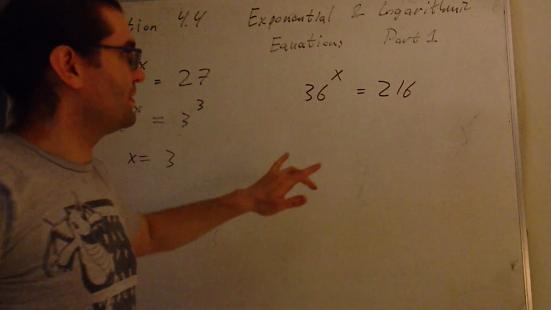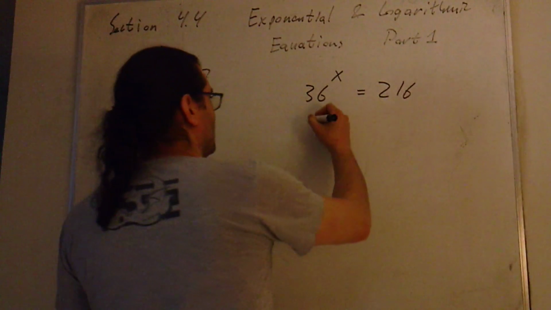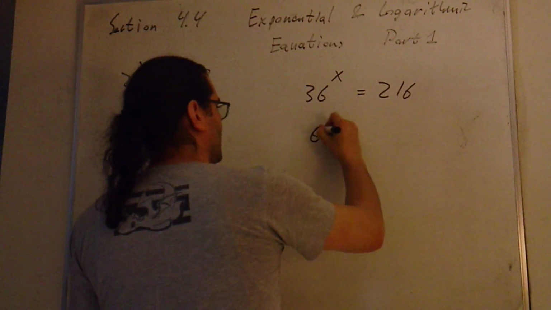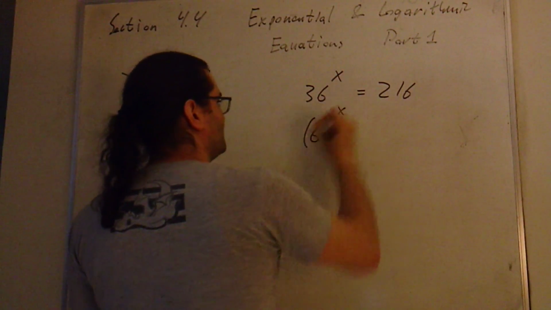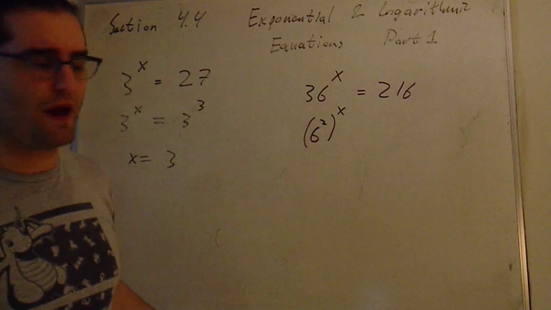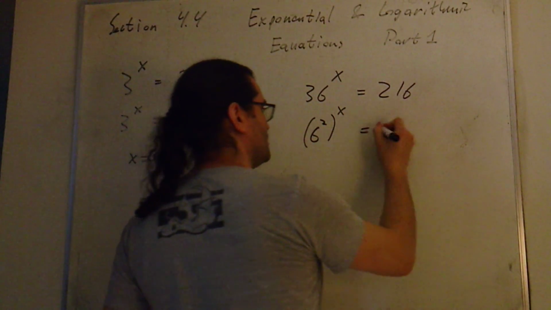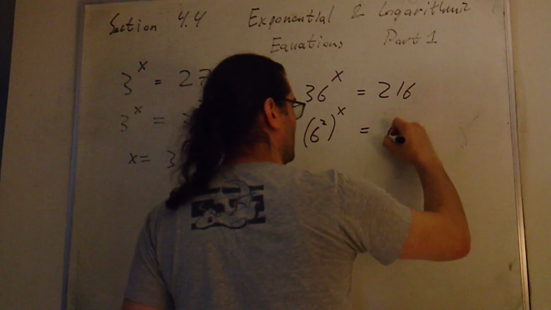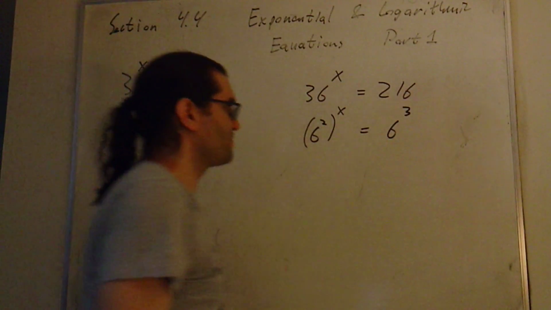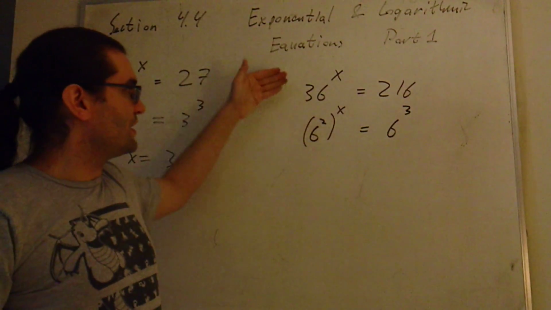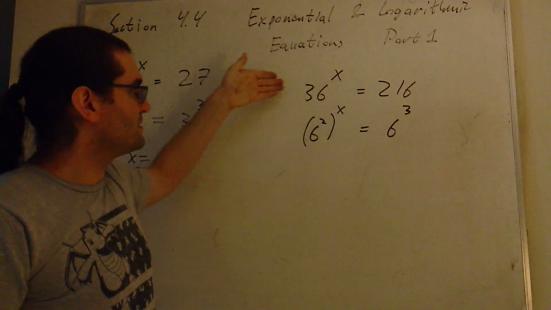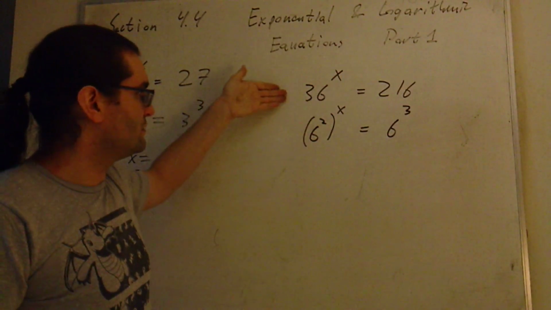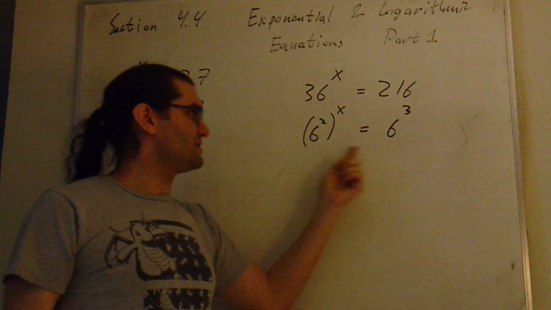But if we're being very astute, we might notice that 36 is a power of 6. And some quick math on a calculator should probably convince you that 216 is also a power of 6. So we can express both of these terms as powers of the same base,